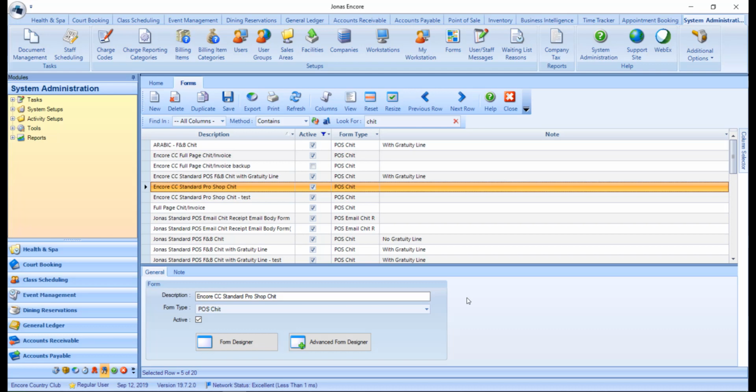To customize a Chit, navigate to System Administration, Activity Setups, Form Designer, and Forms. Your club will already be provided with Jonas Encore standard templates, as well as templates customized during setup and installation for your club. Therefore, what we recommend you do is one of two options. For both options, if you do need any assistance with customizing the template, please reach out to our support team